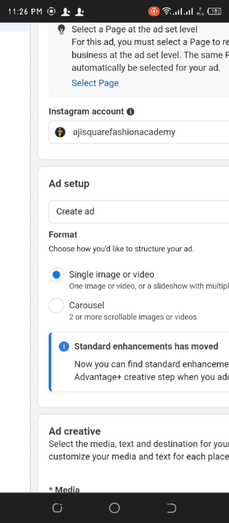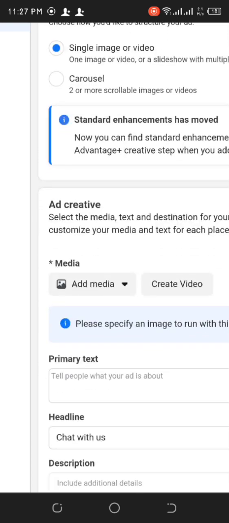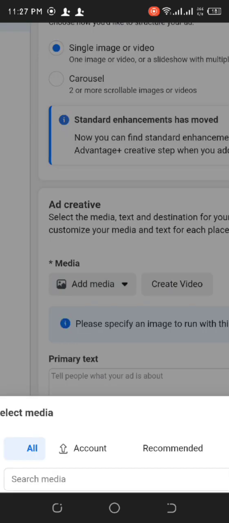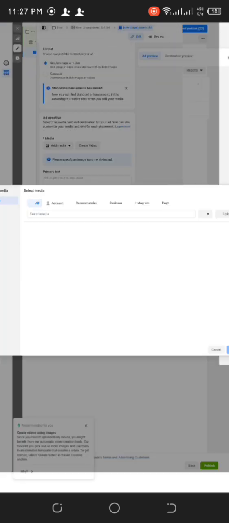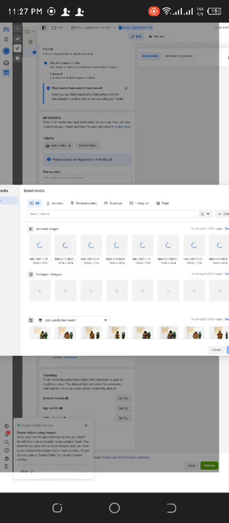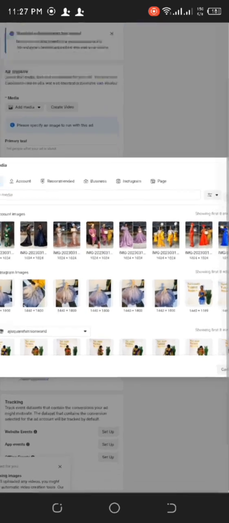So if I am using a single image or video, maybe I want to just add one video or one image, I will leave it here as single image or video. Then I'll come down to media and click add media. Now if it is video I want to add, I'm going to click on add video. If it is image I want to add, I'm going to click on add image. Now once I click the add image, it is going to load all the images that I've used to run ads on this account and still give me an opportunity to upload my image